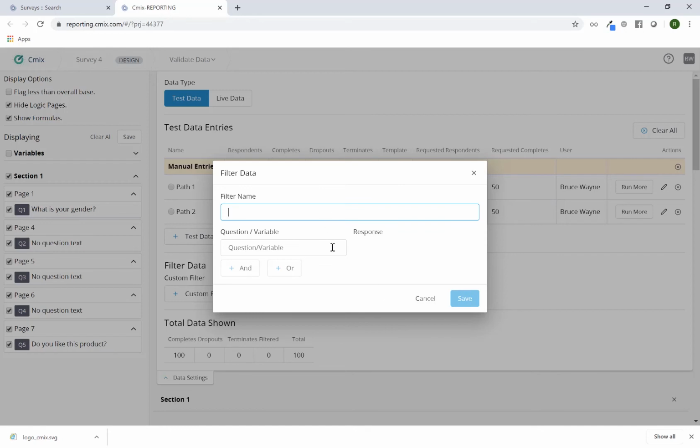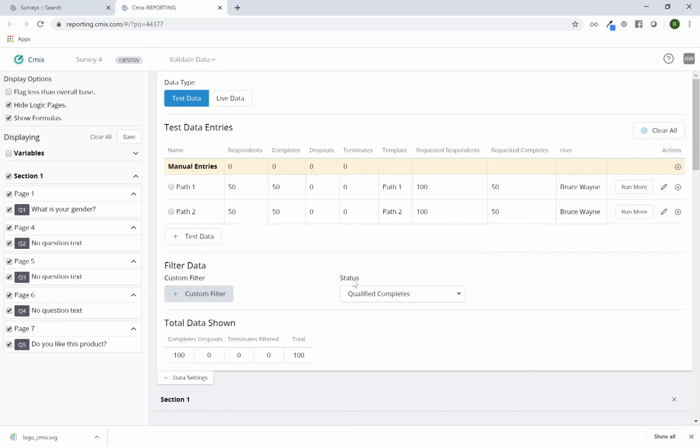So if you ever wanted to look at a survey in which you had, as an example, a gender question, in this particular case, I have a term that if you are a male, you're going to term, but let's say you wanted to look at a different survey that had a different makeup for the gender. You could be a male or a female, it didn't really matter, but you want to just look at the males as an example. You can set it up here to create a filter. I'll hit cancel here,